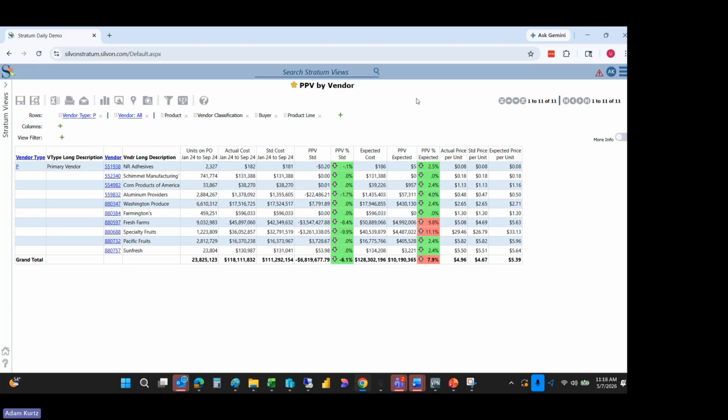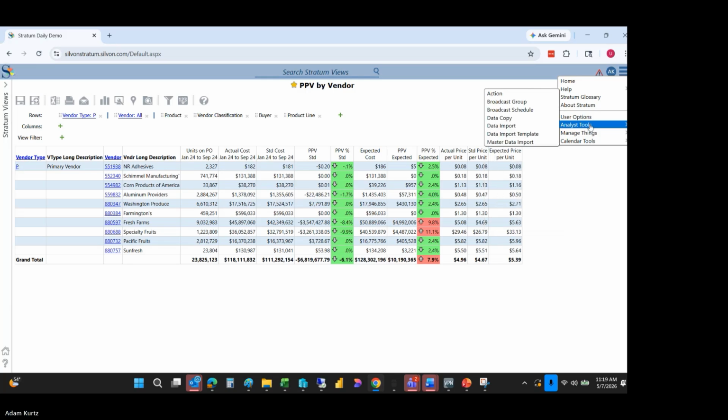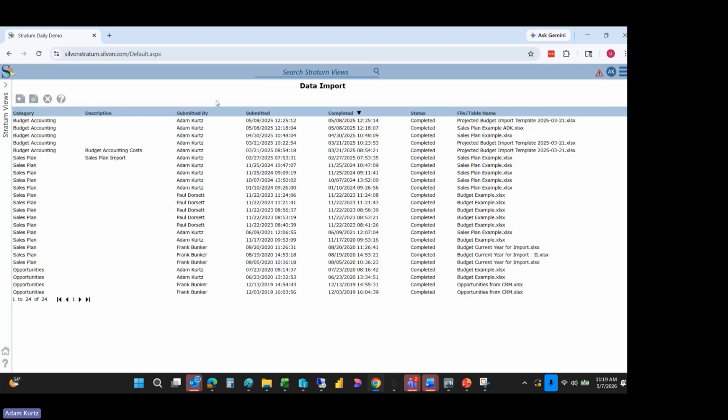And then, of course, with forecasting, you've got the ability to bring in forecasts. One way to do that is to come in and do a data import. Data import allows users to import data from Excel spreadsheets or from text files or from a SQL database table or from cloud content for that matter. Our latest release allows users to import data from all these different areas. Instead of just Excel, they can tap into a database table. Wherever that data exists, they can certainly go in and import that data and select what source of data they